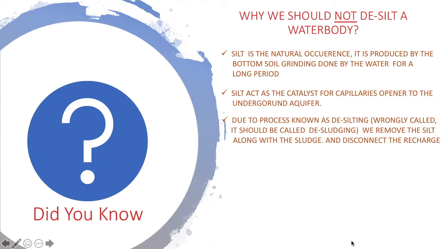But again, we will reiterate, this process is not right, because once you put in a machine, a JCB machine, to take out the sludge, rather today they are calling it silt, but still let's think of it as sludge only. If they want to take out the sludge, with the machine or even the human eye, you will not be able to differentiate between the sludge and the silt. So in a way you will be taking out both, and then you will again refill the water body.